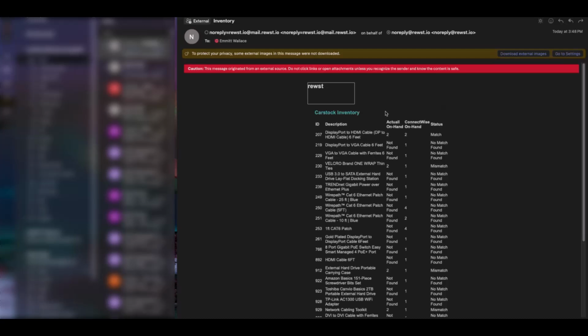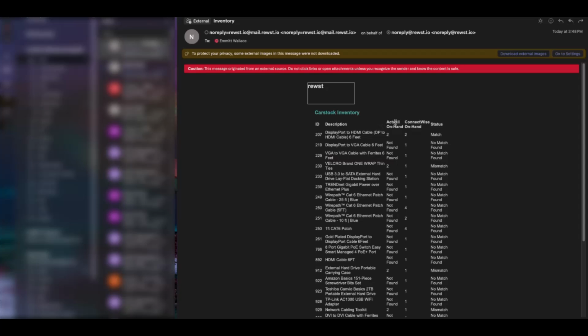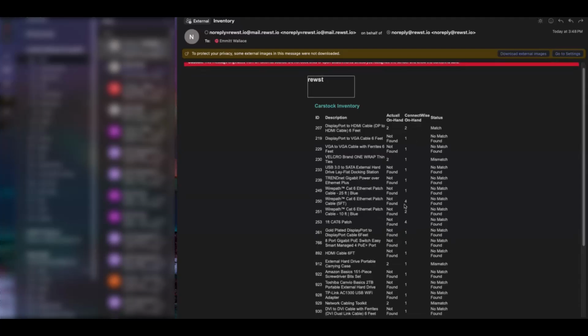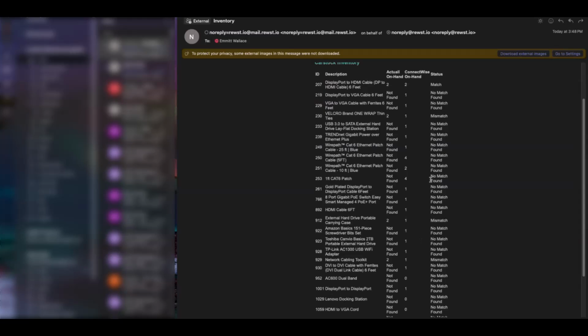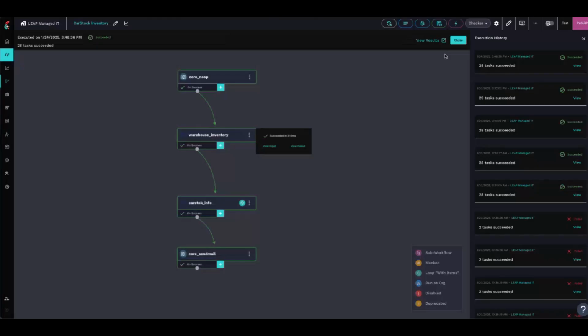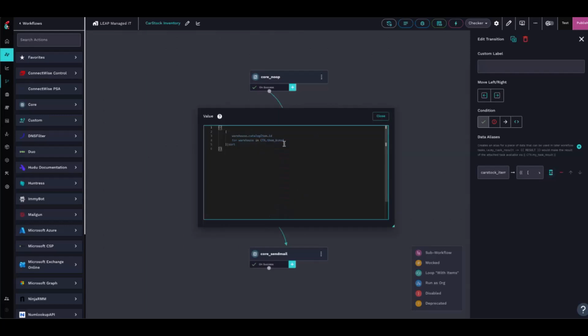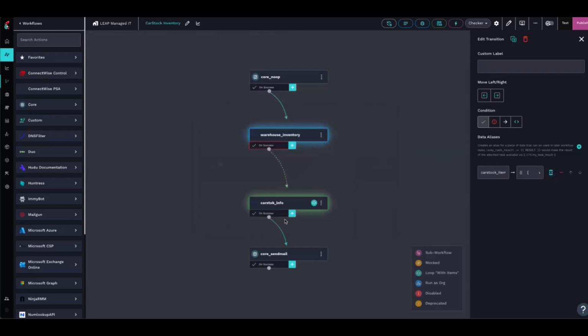The sorting on this is what is being pulled from ConnectWise, and this is what ConnectWise says should be on hand. I do need to make some changes in the HTML for the email, because what I have matching is the description here against the description in the inventory, based off of what is actually being pulled